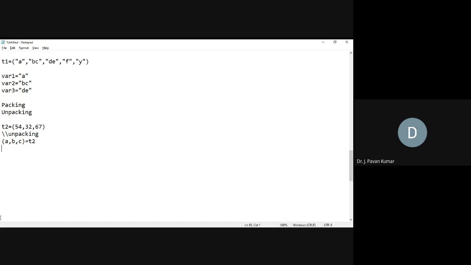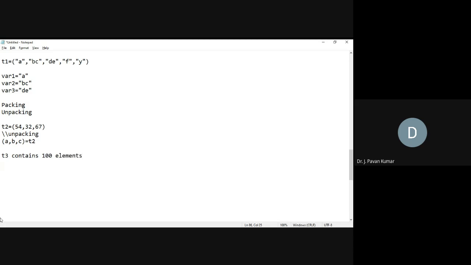Okay. Now again one more question may arise, how many elements do we have in T2? How will we come to know? Suppose T3 contains 100 elements. Then in order to get elements into individual variables, try to understand, T3 contains 100 elements, let us say.